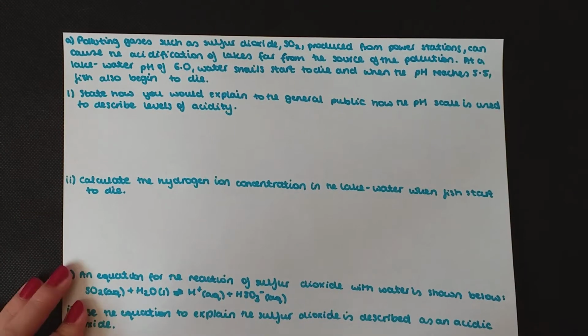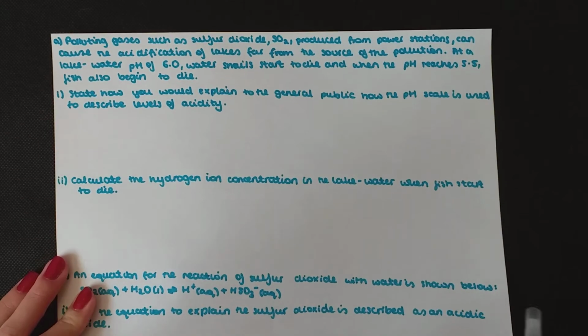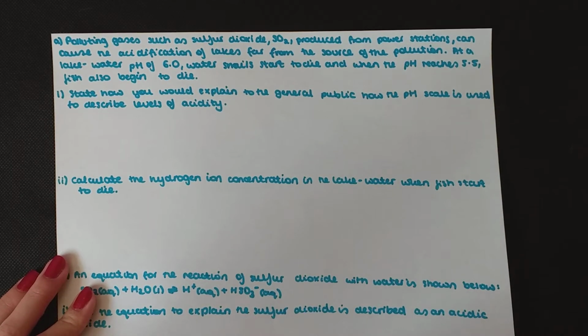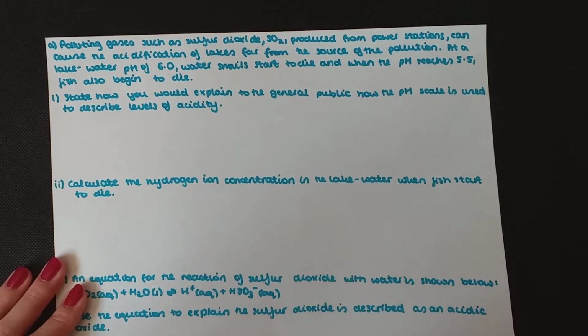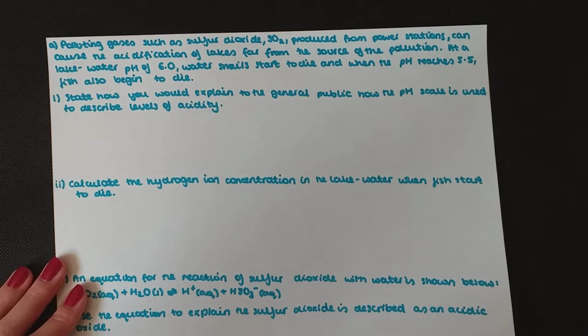Here is another question. Pollutant gases such as sulfur dioxide, SO2, produced from power stations can cause the acidification of lakes far from the source of the pollution. At a lake water pH of 6.0, water snails start to die, and when the pH reaches 5.5, fish also begin to die. So state how you would explain to the general public how the pH scale is used to describe levels of